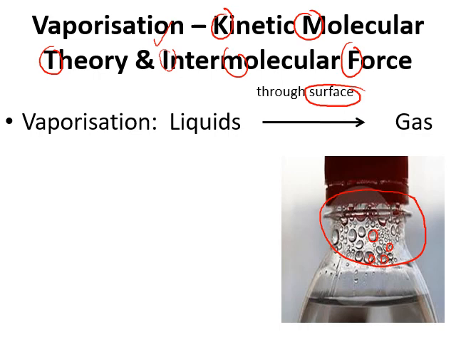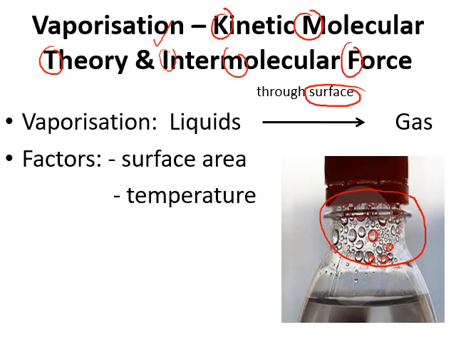After vaporization, we also will discuss the condensation process based on the kinetic molecular theory. So the factors that can affect the vaporization rate will be surface tension, surface area, temperature, and also the intermolecular force. So let's start with the